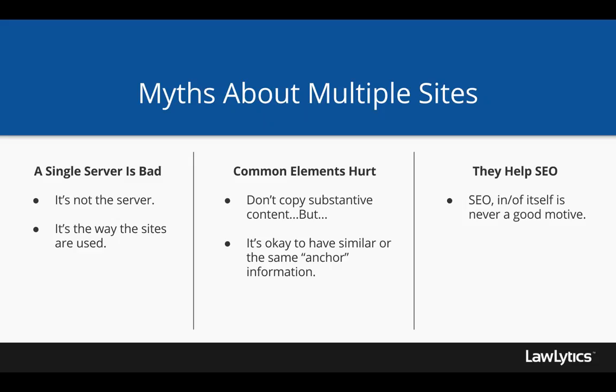What I'm talking about are common elements that really don't change across multiple properties. Common elements like recommendations of your firm, attorney bios, office location descriptions, case results, things like that. And then